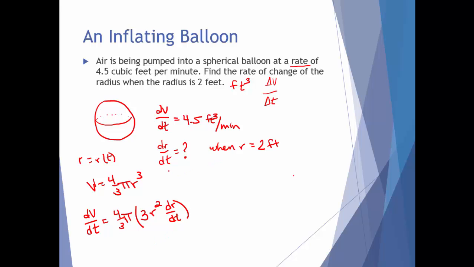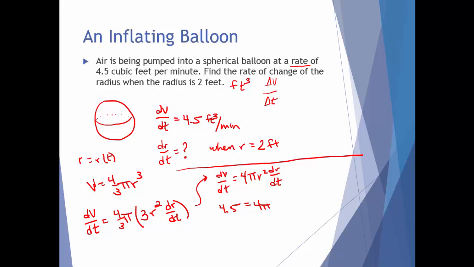So we're going to clean that up just a little bit. dV/dt, when you take the 3 times the 3 in the denominator, those are going to cancel. So we will get 4 pi r squared times dr/dt. So this is the relationship between how the volume changes and how the radius changes for all times. So we know that dV/dt is 4.5 cubic feet per minute. We have it 4